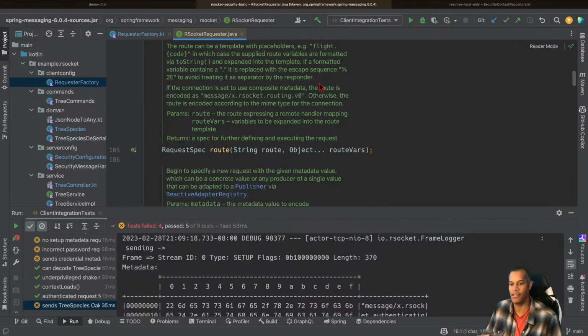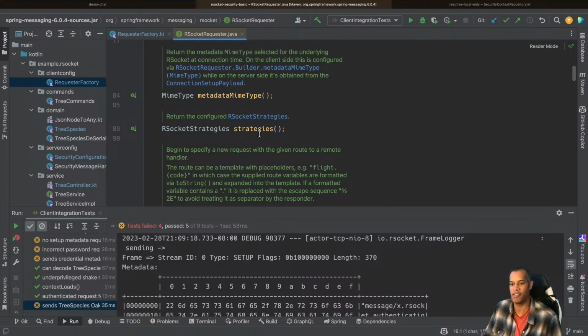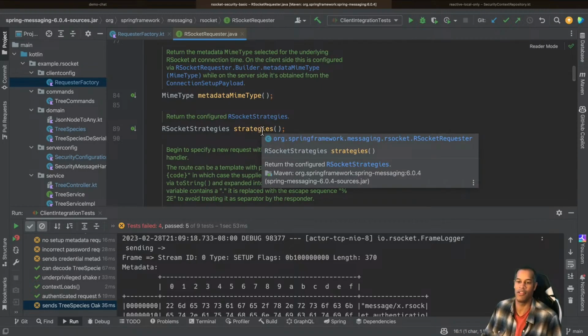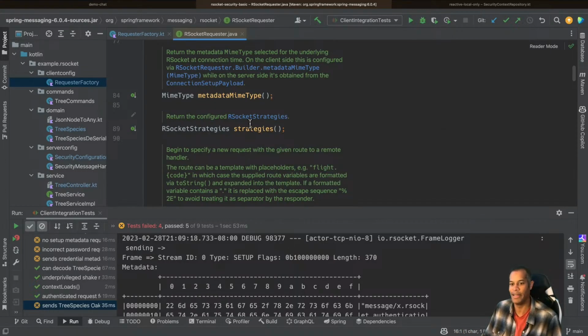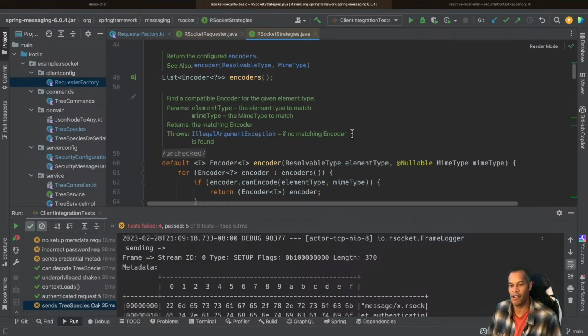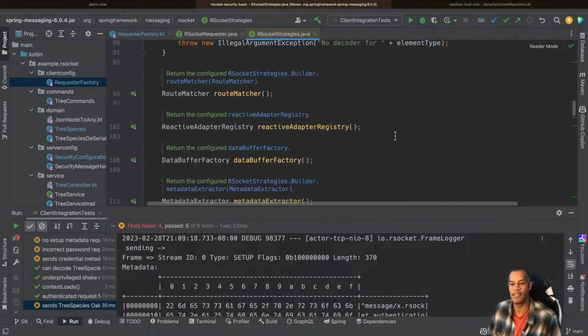So we can say, I have different RSocket strategies. RSocket strategies allow us to do things like message enhancement, message transformation, decoding, encoding. They allow us to say, here's how I'm going to map this requester to a route. Or what I mostly use it for is encoding and decoding. But you would probably need to do something if you're using Netflix's